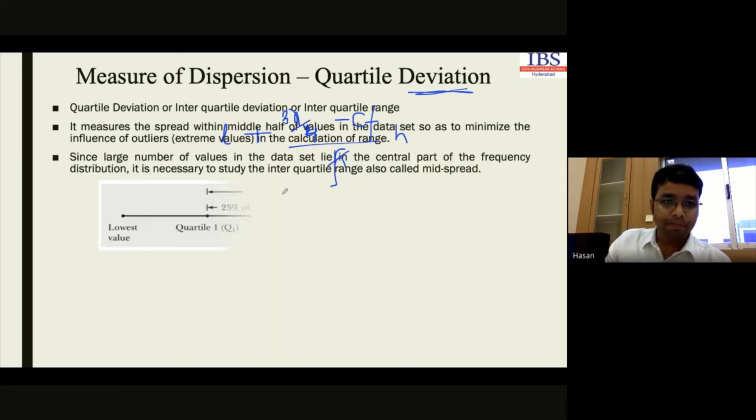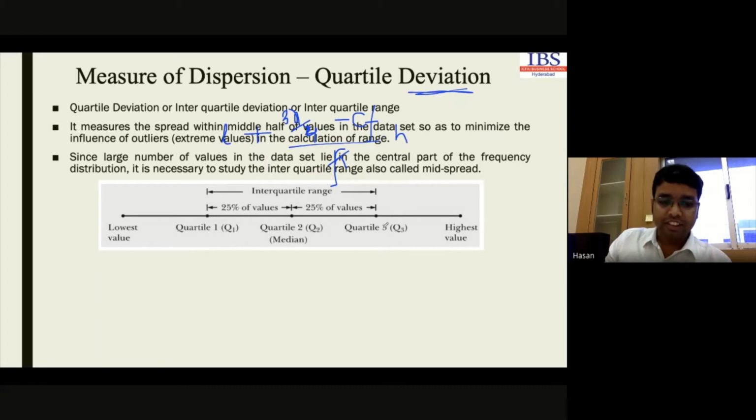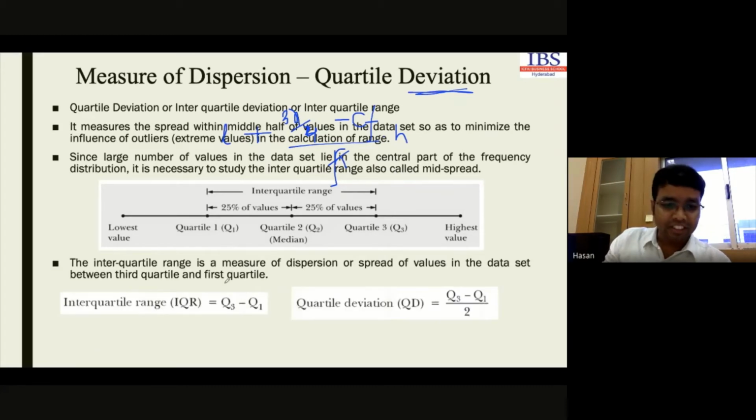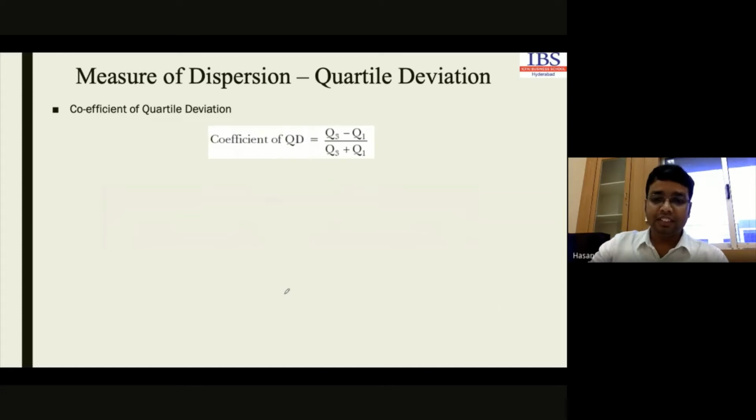Let's see with an example. Okay, this is the case. Now, this is the interquartile range. So these are the quartiles: this is first quartile, this is second quartile, and this is third quartile. So we have three quartiles, and the range between these quartiles is defined as the interquartile range. If we take the difference divided by 2, then it will be the quartile deviation. And if we talk about the coefficient, it is again the same thing, like maximum value minus minimum value divided by maximum plus minimum. In this case also the same thing. Coefficient is the difference range divided by first quartile plus third quartile.